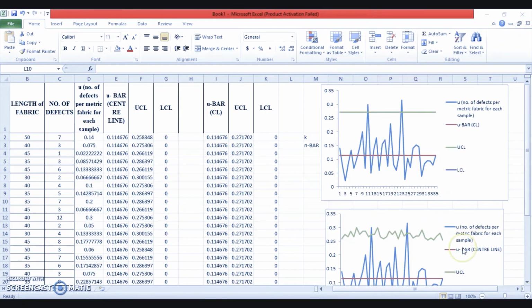From this we are able to interpret that the control chart for number of defects indicates that the process is under some sort of a change requirement. The process is not in statistical control, so we can address it with the help of a revision, and we can do it in another session. For this session, we'll wind up here only.